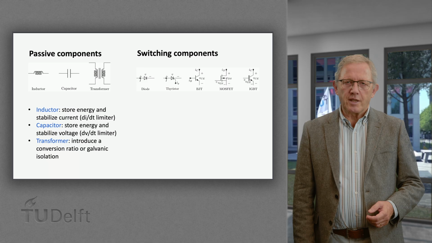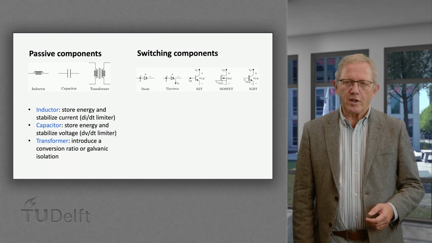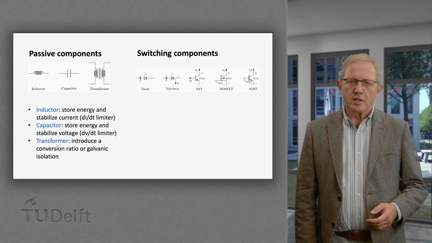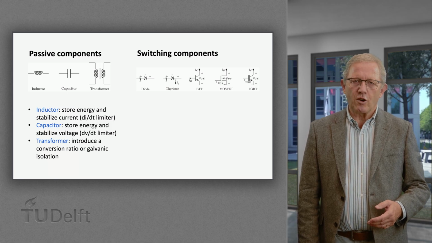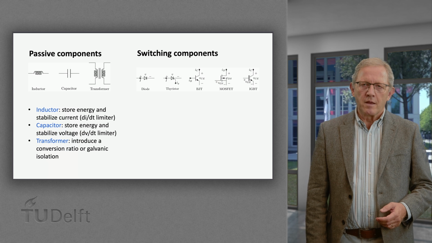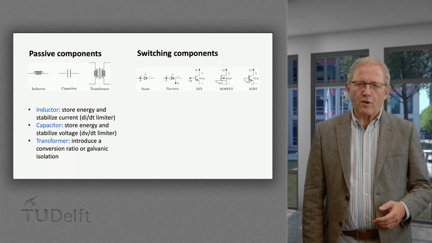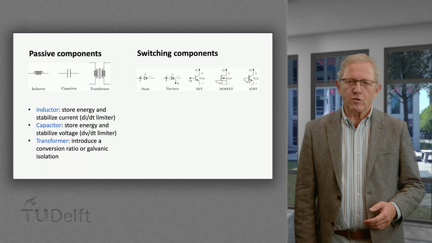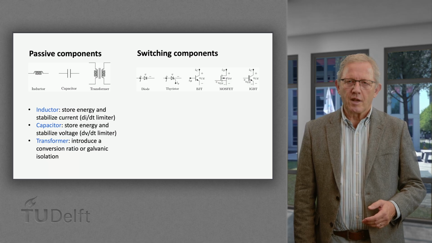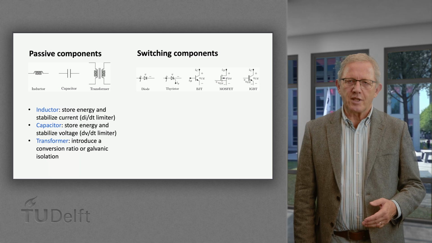The functionality of the inductor and the capacitor in the power converter circuit is usually to store energy in its internal electromagnetic field and smooth out the voltage or current ripples. The transformer is able to introduce a voltage ratio or provide galvanic isolation between the two sub-circuits. The switching components are able to regulate the direction or the on-off state of circuits. They include diode, thyristor, power bipolar transistor, power MOSFETs, and IGBT.